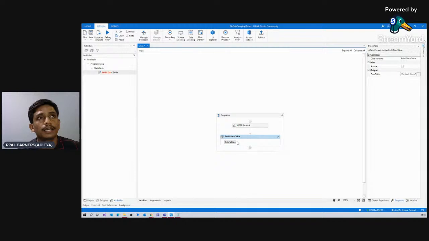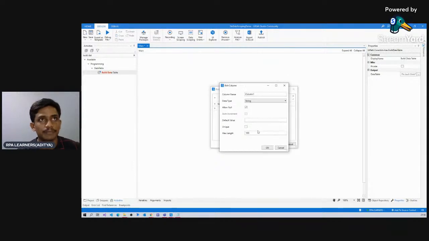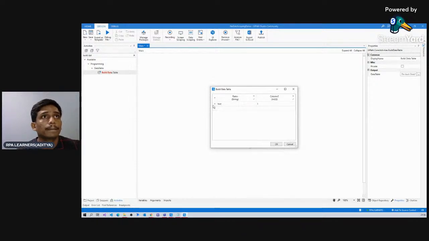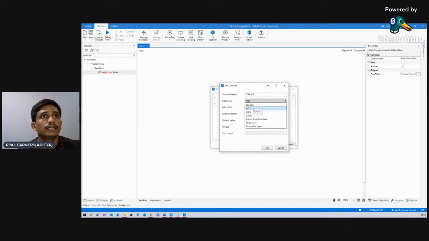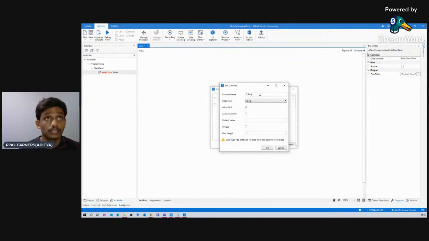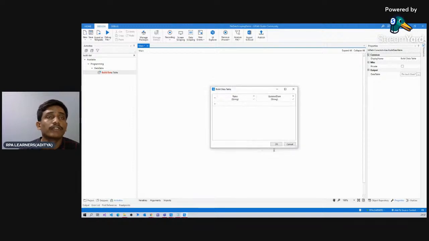Click on data table, and we're going to change names for this one. The first column name would be, let's say, rates, and we click on OK, and we can remove this one. And the second one will be a string, and we're going to take that as updated date. So these are the 2 different columns that we require, and we're going to print them in the Excel file. If we click on OK here,